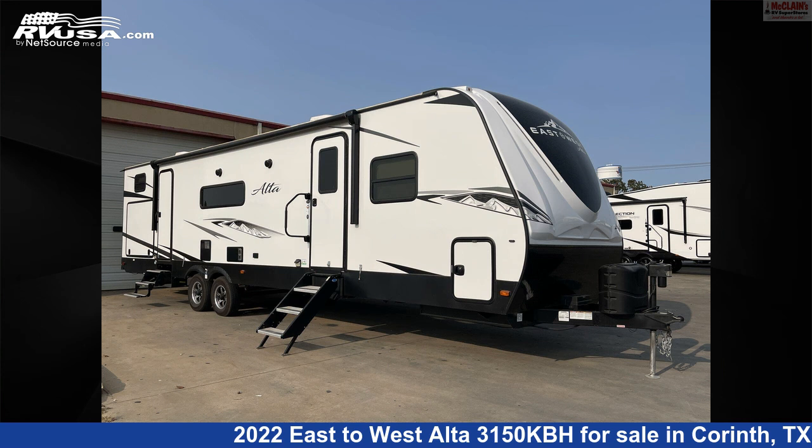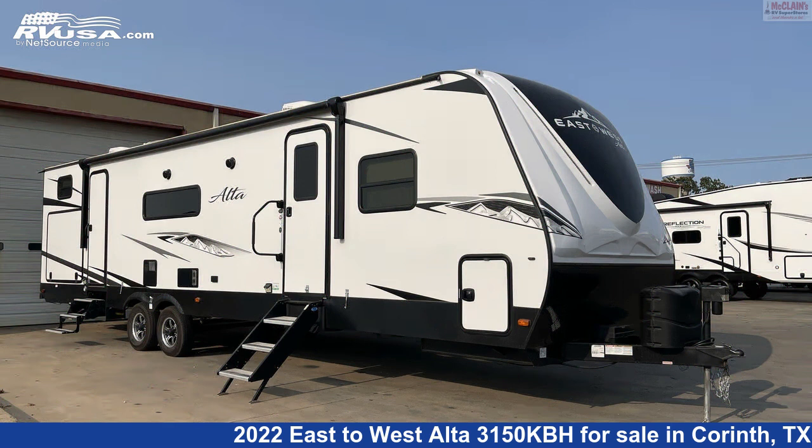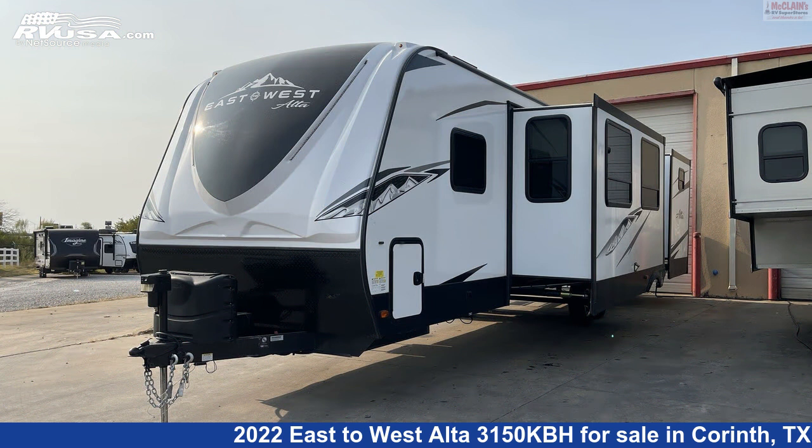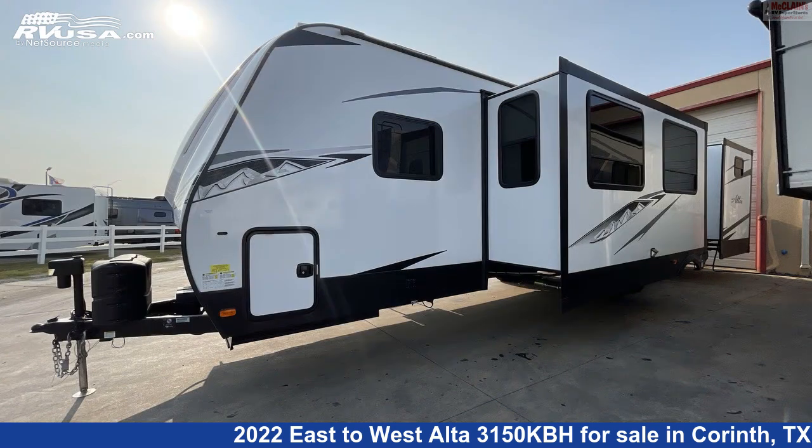This 2022 East to West Alta 3150 KBH is a travel trailer RV. It is located in Corinth, Texas, 76210, and is offered for sale by McClain's RV Superstore. This used East to West is 37 feet 8 inches in length and features 2 slideouts, sleeps 11, auxiliary battery,